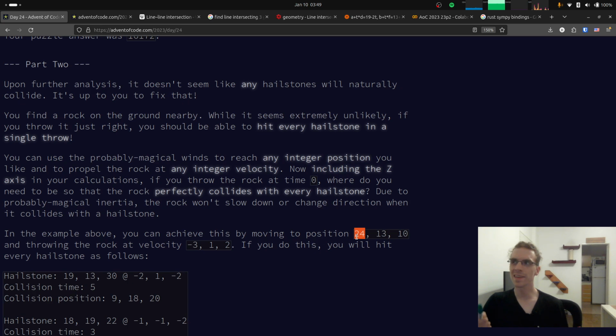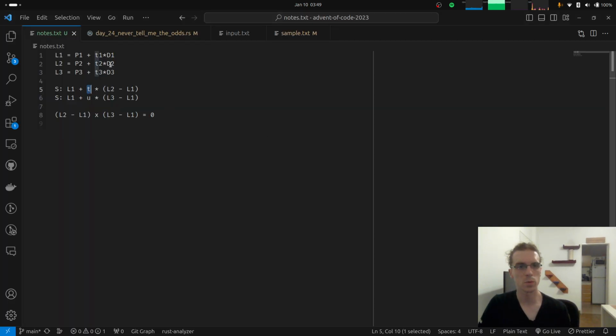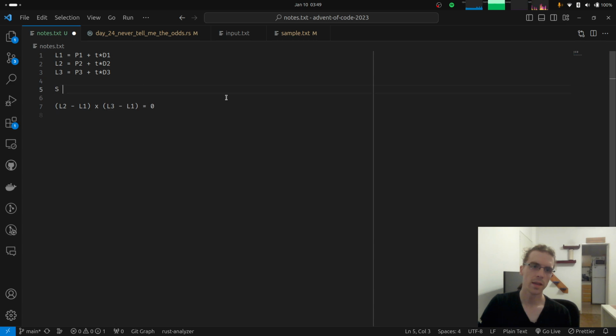But that got me thinking, I'm not using the position and the time of the hailstones more directly, and that got me to my second idea, which was much simpler, and that's what got my solution. You can think that all of these hailstones are traveling at the same time, so you can use the same time variable for all of them, and our solution line is also